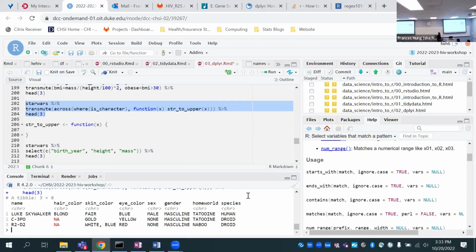So what is this function? This function is str_to_upper. So across all these character columns, we're going to apply a function. Again, this is like a verb, a function called string to upper.